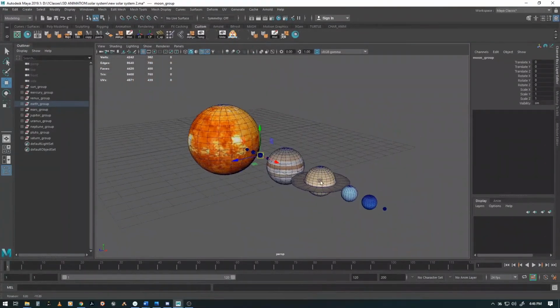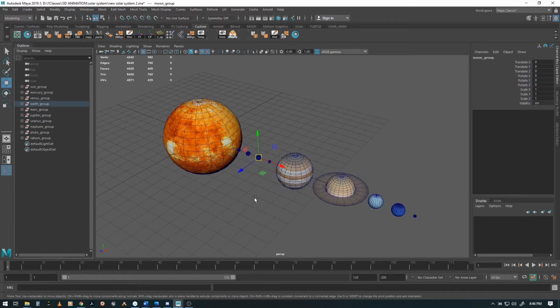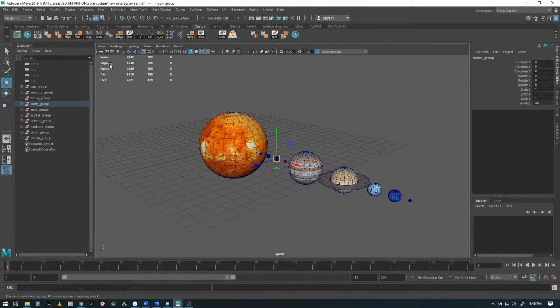Now we could ultimately set it up so that everything is parented to the sun, in which case, if we're moving the whole world or the universe around, which it actually does as it's going through space, it all moves together. Everything looks like it's staying stationary, but in the time of the universe, it actually is moving. And then I'm going to save this and pause it for a second, quiet these dogs